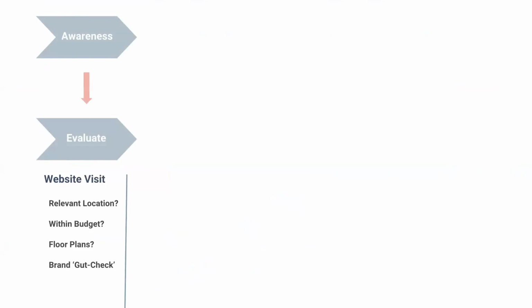So this is the same funnel that we showed you earlier. It's a classic awareness, interest, desire, action marketing funnel, but we're breaking it down into a bit more granular level. So the first stage, this is where your prospects may or may not be aware of your community yet, your property yet. Maybe they just landed on your website from a display campaign or a Facebook campaign. Again, that cold traffic.